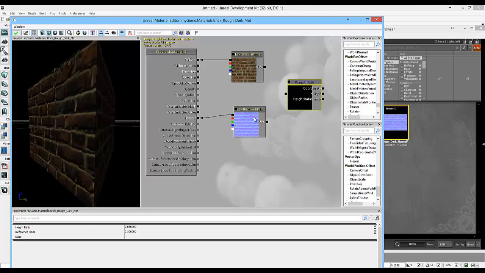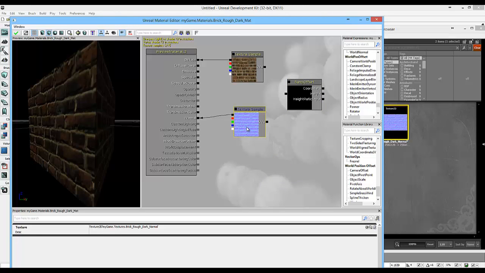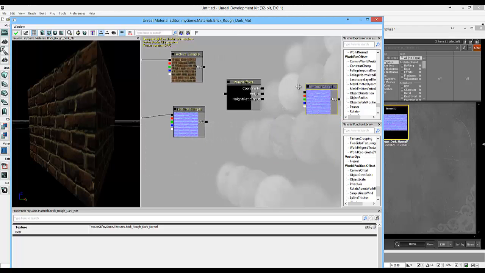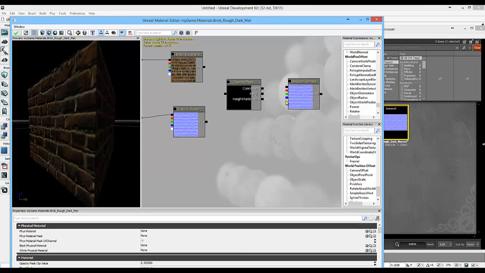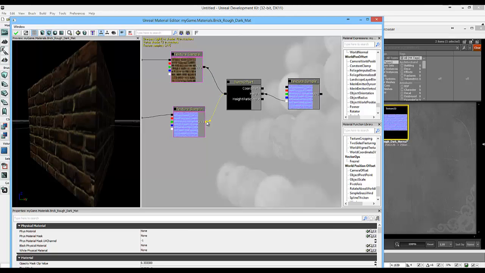I want to select the texture sample, Control C to copy, Control V to paste. So we've got that one, and then that will go this side. So this alpha channel is plugged into the height, and then we use the output of that to go into the UVs and UVs of the normal map as well. I don't really notice, but it seemed to sort of raise that up,